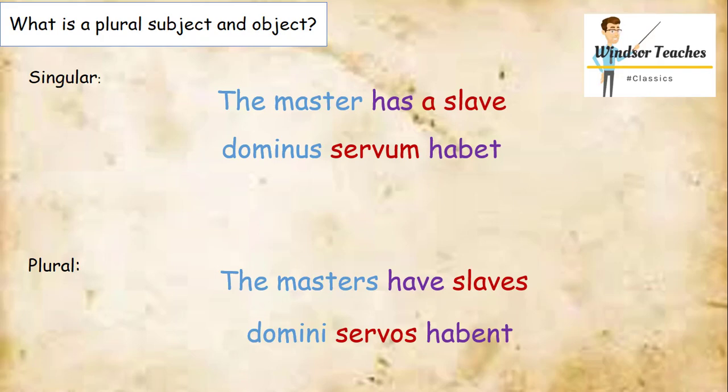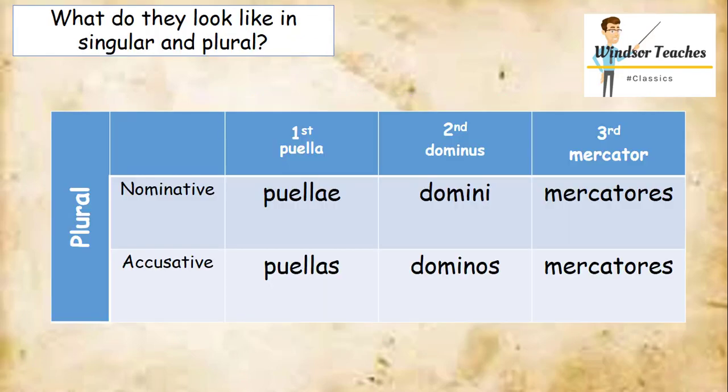So if we're talking about a singular subject, it will usually have a T ending. If we're talking about a plural, it will change to an NT ending. So what sort of endings can we expect from plural nouns in the main three declensions, first, second, and third, respectively? Well, say we're using puella, dominus, and mercator as our example words in the first, second, and third